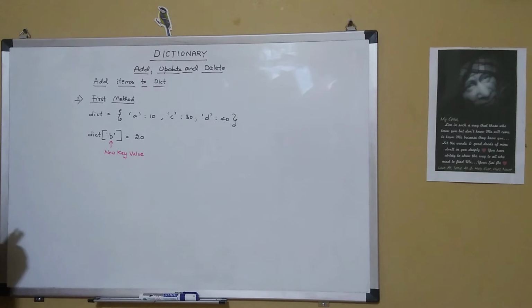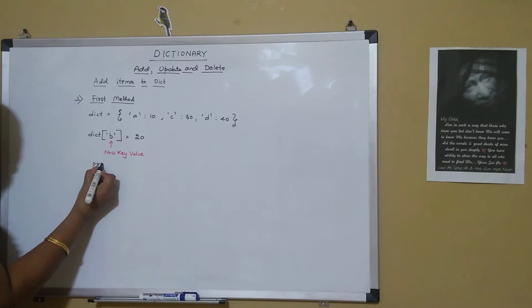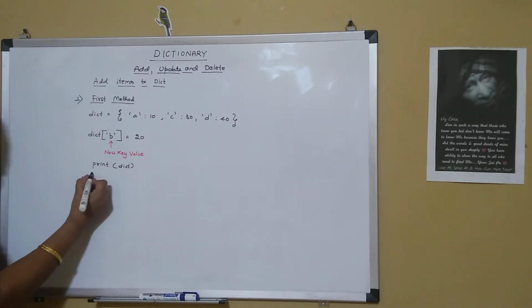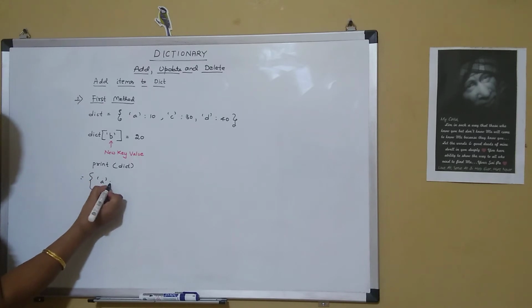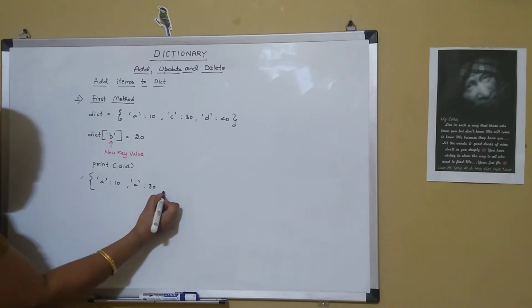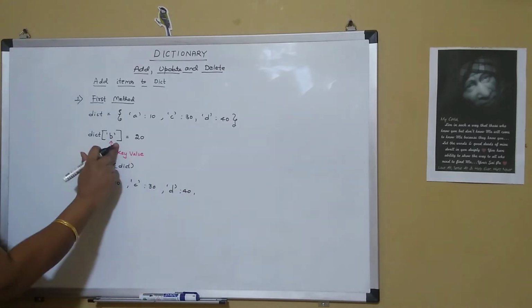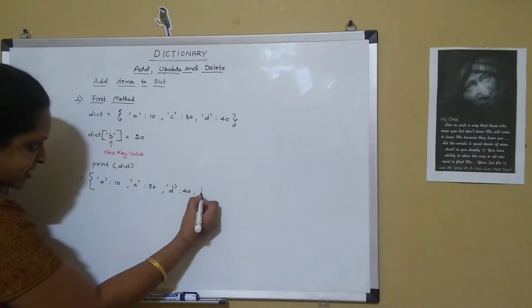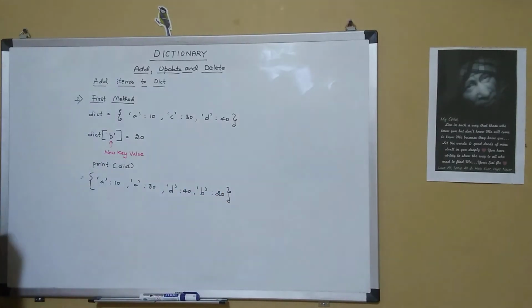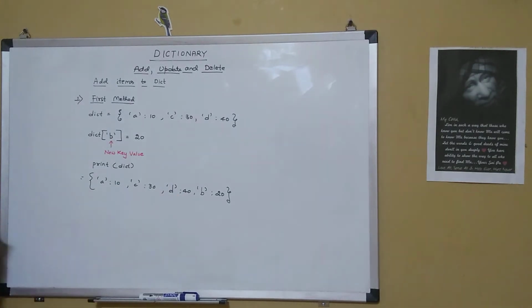So when I say B and assign the value 20, now if I print my dictionary, it will have the values A 10, C 30, D 40, and the new key value pair will get added, that is B and then 20. So my dictionary has the new key and the new value added into it.